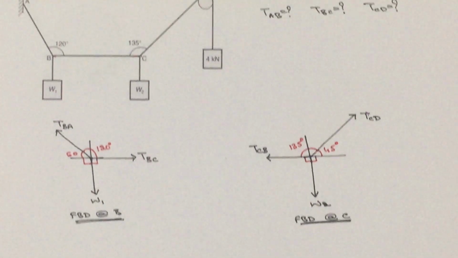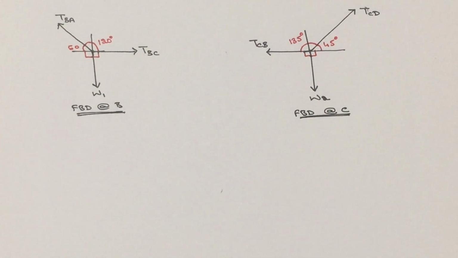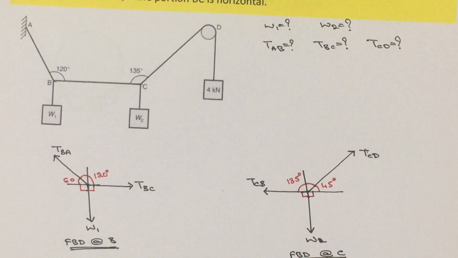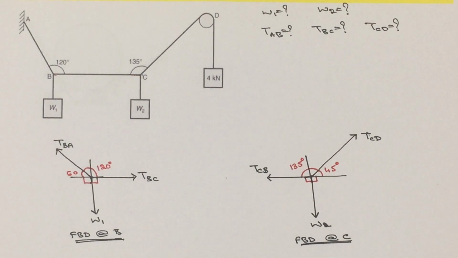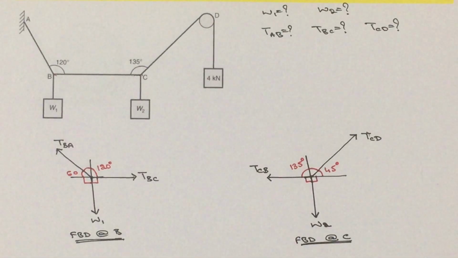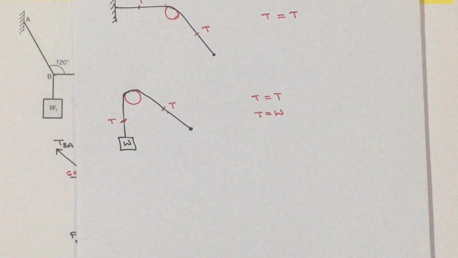Now, once we write the free body diagram, we need to choose which free body diagram we need to solve first. How to choose? First, count the number of unknowns. And another one thing I forgot to tell you. In the given problem, the rope and pulley arrangement is provided. I think this concept I have explained earlier. Let us revise the things.